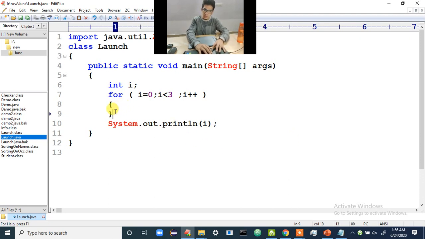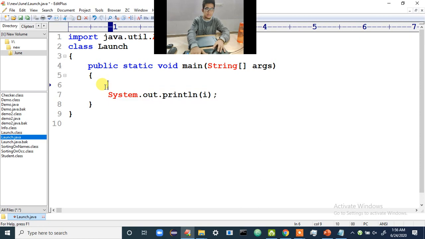Now, before going to star patterns, you have to understand one theory: what is the difference between System.out.print and System.out.println.